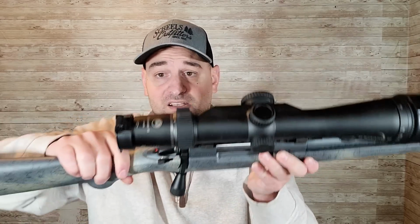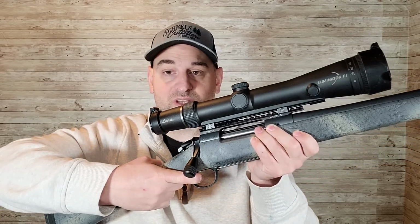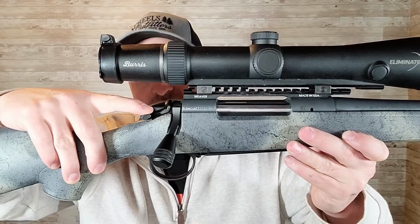Back in that position, you can still manipulate the bolt, load, unload, but you cannot fire. So the actual lever for the safety itself is more beefy and has a nicer design to it, as well as the bolt release. But I really prefer the 2-position or 3-position safety that locks the bolt and bolt handle